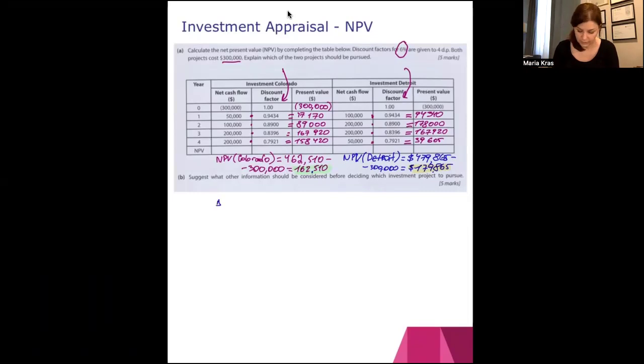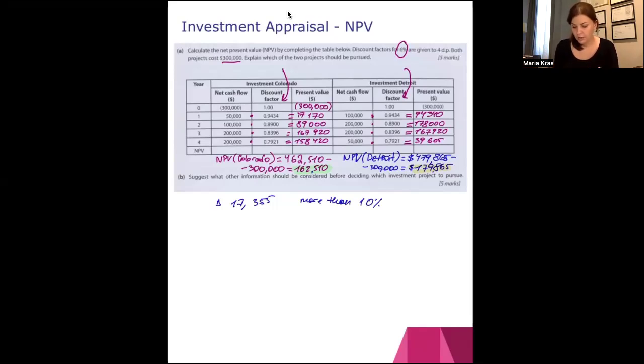So you could see that the actual delta, so the difference between these two projects, is actually $17,355, or it's actually more than 10% difference between the projects, right? So the Detroit project is actually more profitable, more than 10% more profitable than a project in Colorado. Also, what you could see here, and we didn't calculate, I didn't ask you to calculate that,